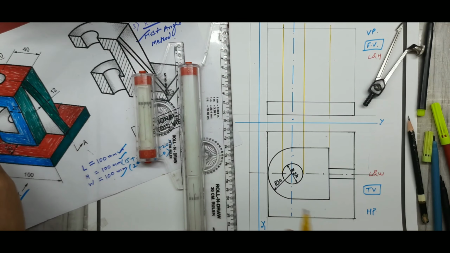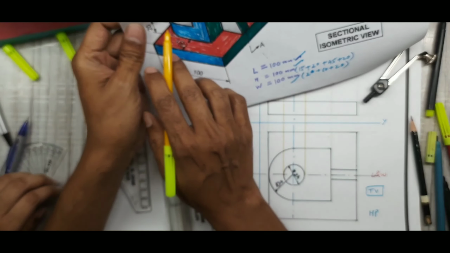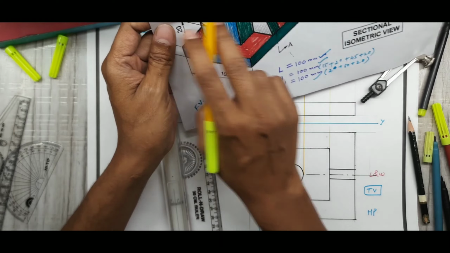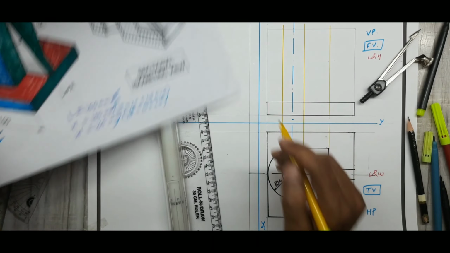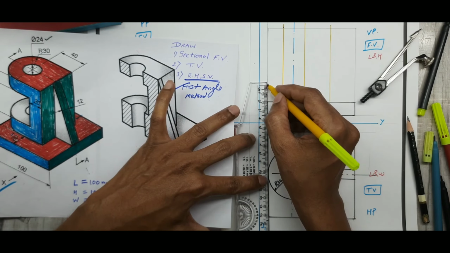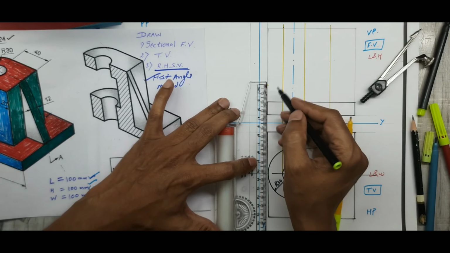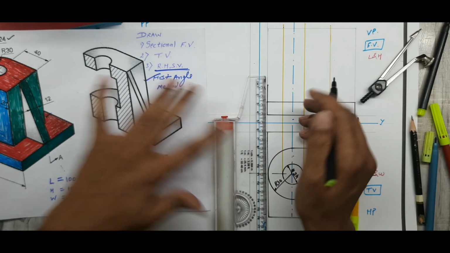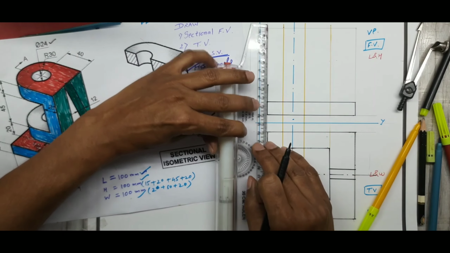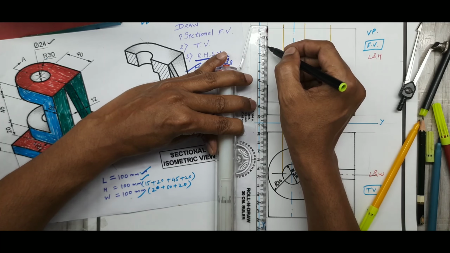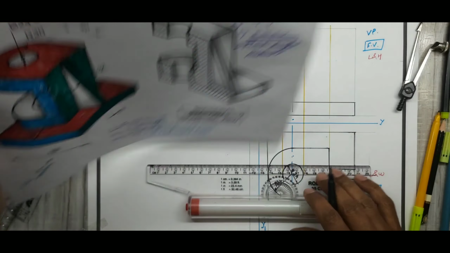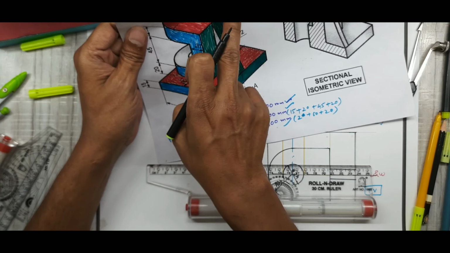Now next part, I want this C part. Okay, so up to this first plate I had drawn, this C I am interested in. From here it is again, I will mark a dimension of 20 because it is given there. This is 20. So this is 20. From here also this is 20. So again I'll mark from this position 20. Okay, this is 20. See how I'm getting the C there. But from this position it is 40.